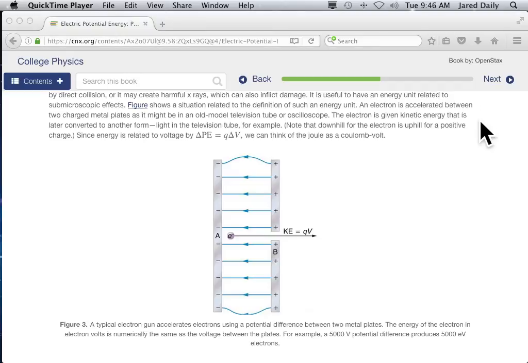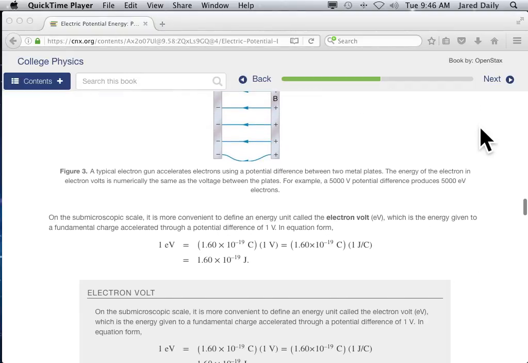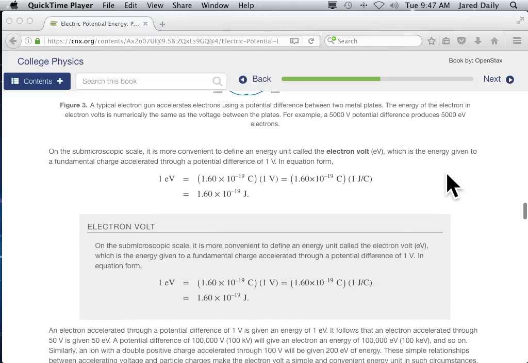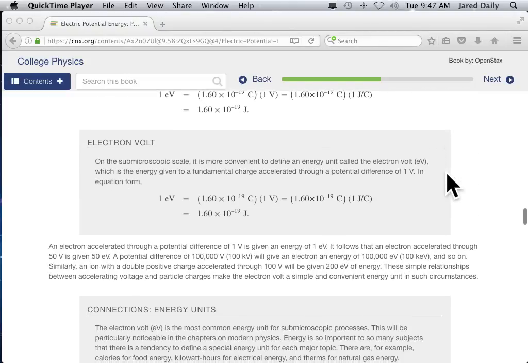If you're using other particles, you still use that same unit. And this is one of the units that particle physicists use quite a bit. Now, if you're given an energy in electron volts, you might have to convert it at some point to use it in other equations. You might want to use it in joules. So if it's electron volts, what you do is you divide by the electron